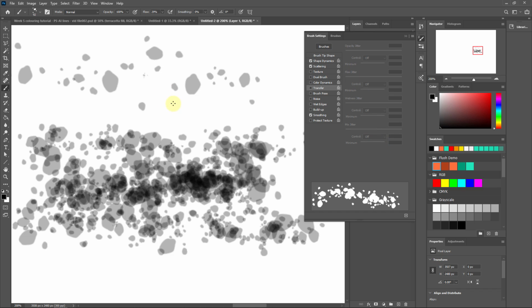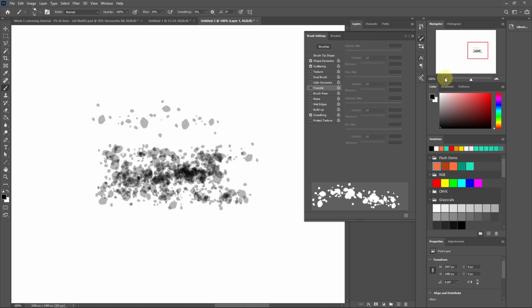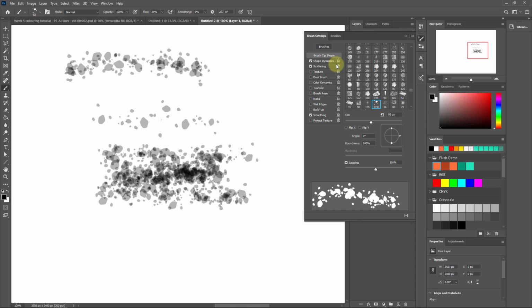And once you're happy with a preset setting that you've done here, what you can actually do is save those settings as a new brush. So usually you can save, sometimes you can save things from this little menu at the top here, and what we can do is go new brush preset just there, and it's the same as this button down here, which is also create new brush. So if I click that,